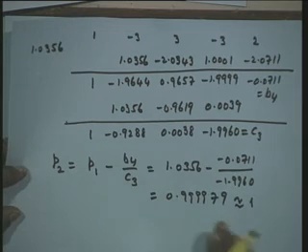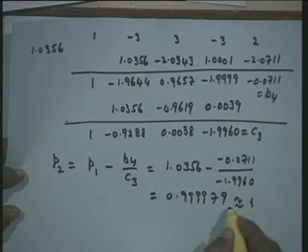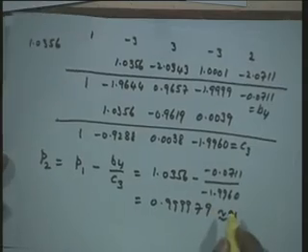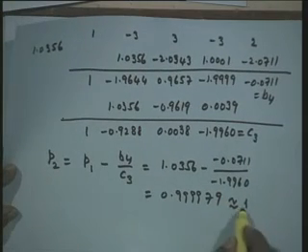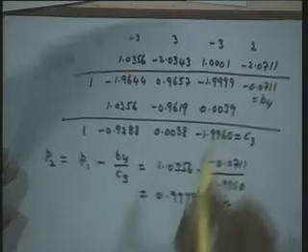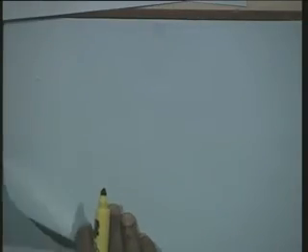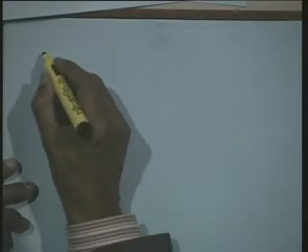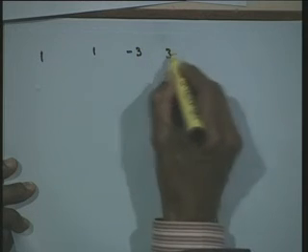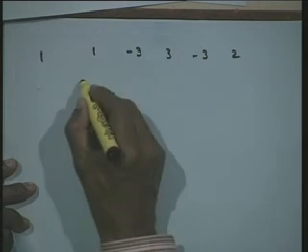Now, we have extracted this root, this is the approximation of the required accuracy, we extracted the root. Now, I want the deflated polynomial. To get the deflated polynomial, I must use the last approximation and do the first step of the synthetic division procedure. So, let us do it. I now take this 1 as the root and then write down the coefficients 1 minus 3, 3 minus 3, 2 and this.